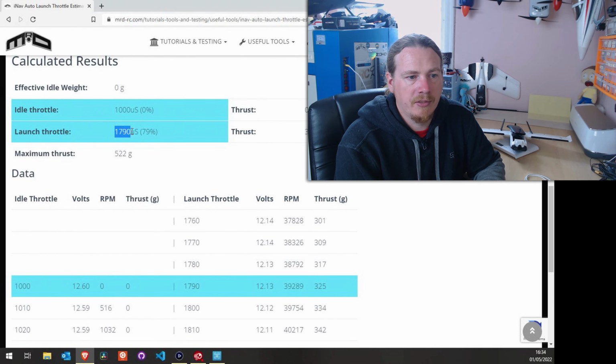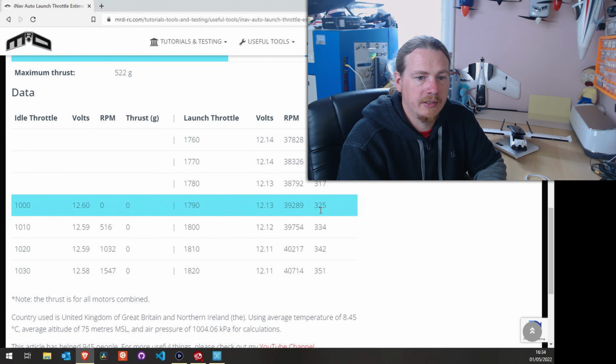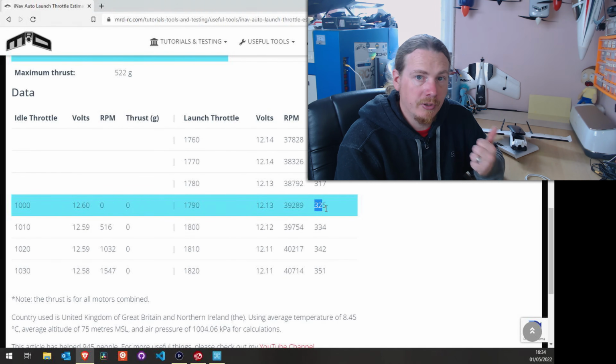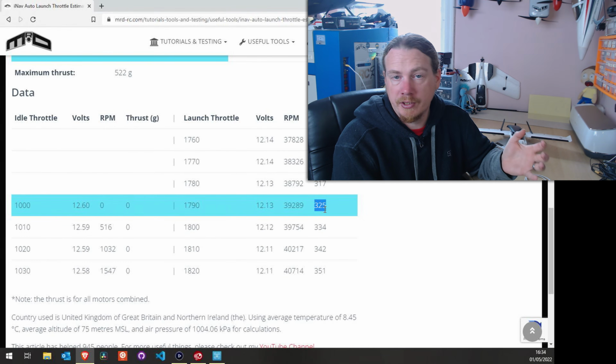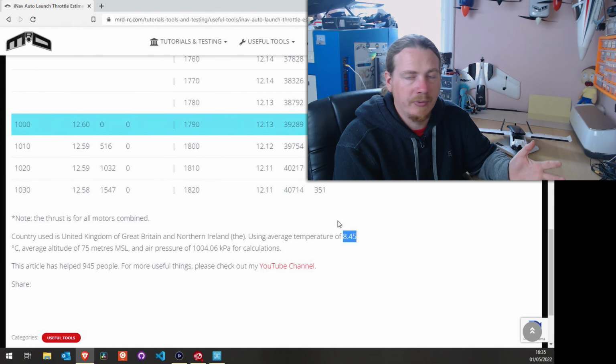And it's recommending 1790 microseconds for the launch throttle, which is producing 325 grams of thrust. Down below is a table of what's going on. So we have the throttle levels, the volts, the RPM of the motor, and the thrust. You can see at that 1790, with that motor prop and a fully charged battery, it should be producing 325 grams of thrust. And that is using an average temperature of 8.5,